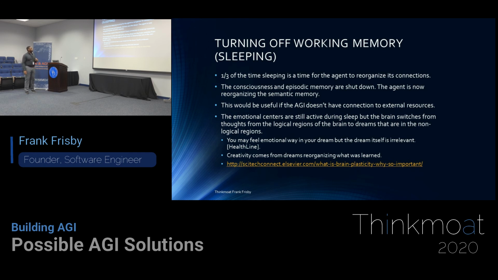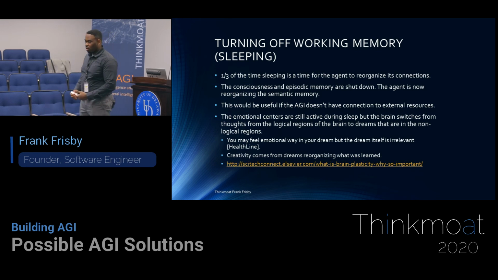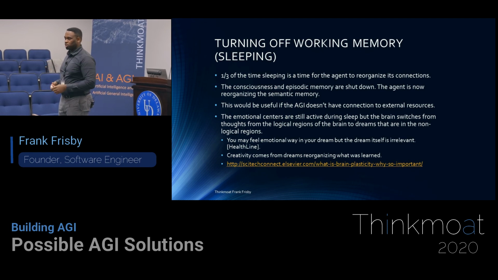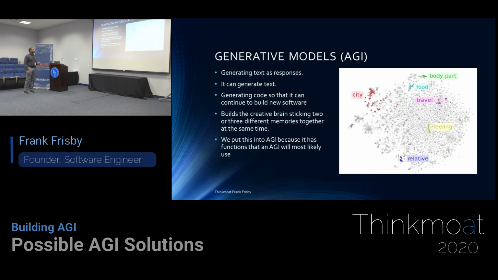So yeah, turning off working memory while you're sleeping. Our agents need to have time, and this is the weird part that we're getting into. Should we have our AGI agents off network and having to do the same things we do, such as reprocess information at nighttime? Or should we have an AGI unit be able to have a separate system that's on the net, constantly doing all of this, while it's physically able to make changes in the real world? That's kind of a weird scenario they're in right now, but that's a lot of talk in that field.